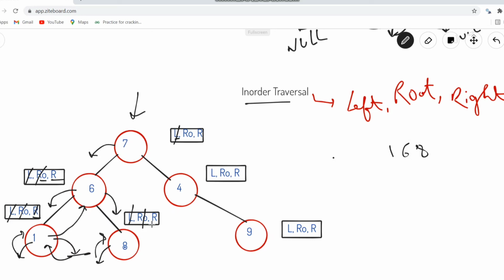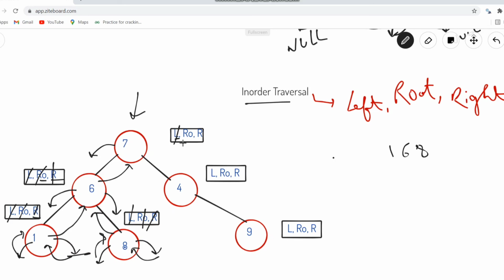After printing root value, the next operation is to move in right direction. Again, we have encountered null value. We'll be returning back to the caller of this null value, that is node having value 8. So we have done with all these three operations. Now we'll be returning back to the caller of node 8, that is node 6. So in node 6, we have already performed the three operations. Therefore, again we need to return back to the caller of node 6, that is node 7.